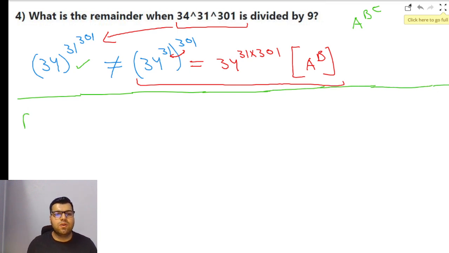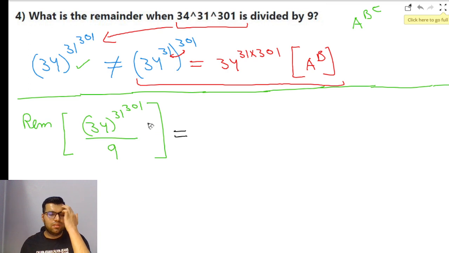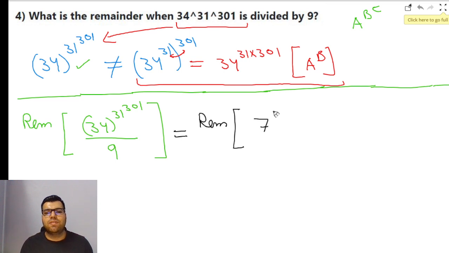Okay, so the remainder of 34 raised to power something, which is 34 raised to power 301, with 9. Now what will we do? See, the concept is simple. You will replace 34 with its remainder with 9. You know 27 plus 7 is 34, so the remainder of 34 with 9 is 7. So the remainder of 7 raised to power 31 raised to power 301